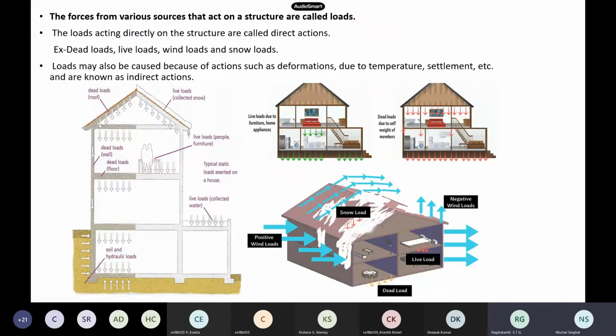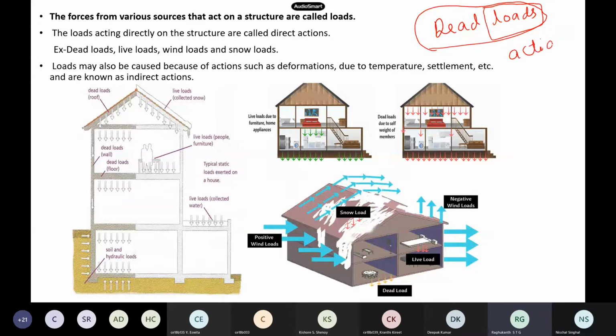Okay, and now coming to dead loads. How to calculate this? Here one more important thing: nowadays, if you see our IS 800 or all the Euro codes, they are replacing this word loads. They are not calling it a load, they call it an action. In our IS 800 also you have actions. So we replace loads with actions: direct action, wind action, earthquake action. Like that it is mentioned in the code, as actions and not as loads.